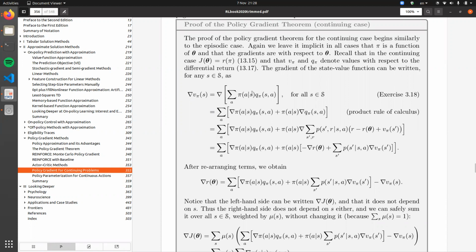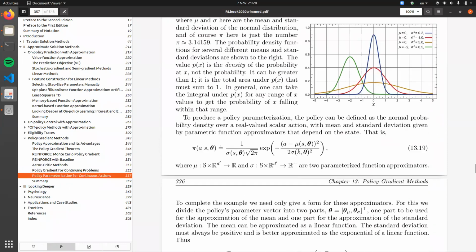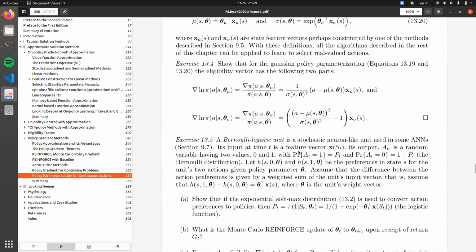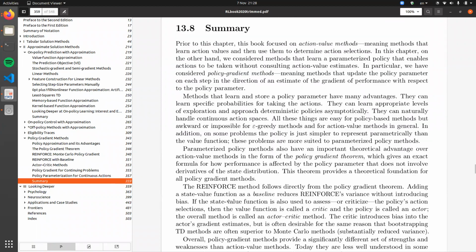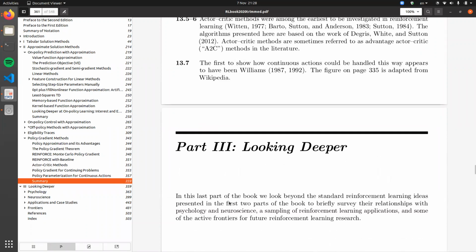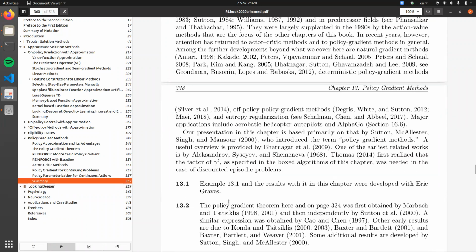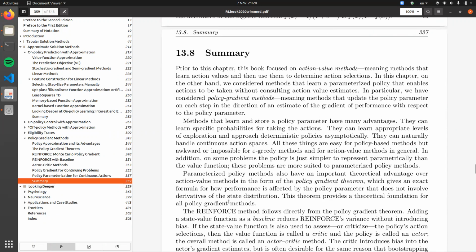So yeah, that concludes this chapter, and I guess that concludes the part of the book that deals with function approximation methods, and